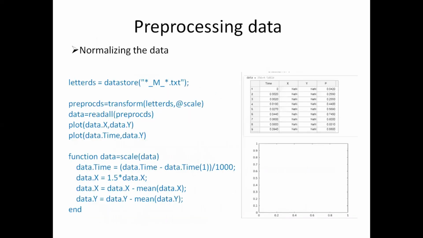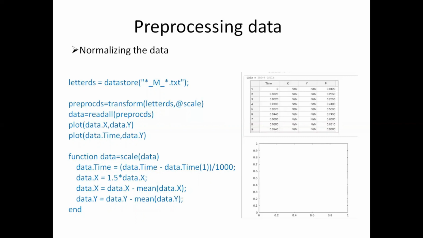You can see here the code that we use for normalizing the data, which is included as part of this function scale. The main part of the program is the same as what we have written in the previous case; there are only two additional things that we are doing in this function scale. The first one is normalizing the x-axis position, and the second one is normalizing the y-axis position.